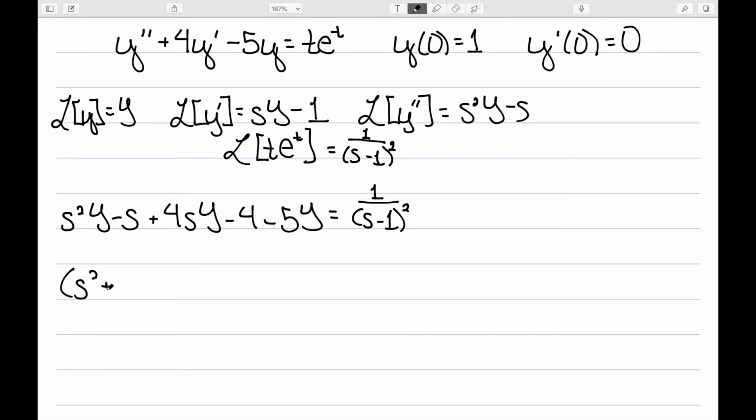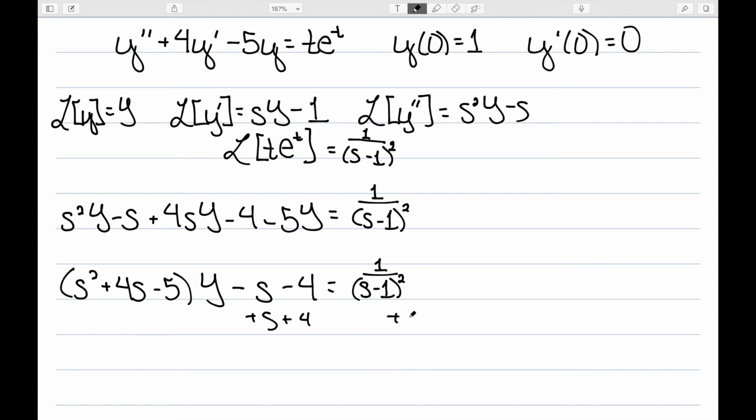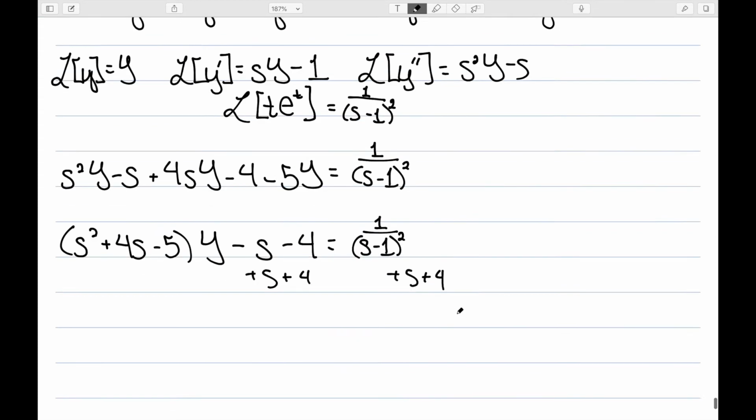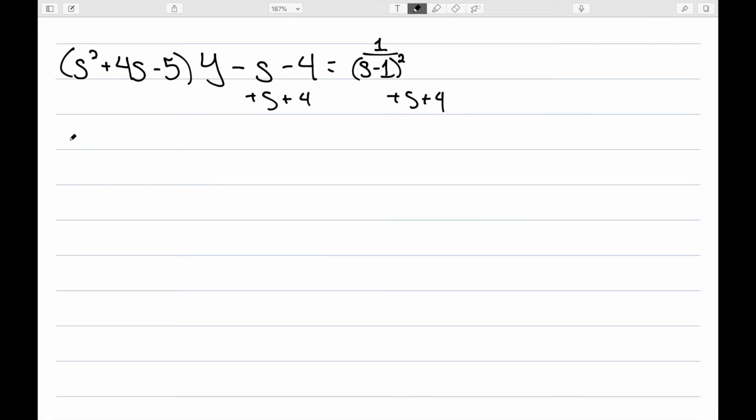Rewriting gives me s squared plus 4s minus 5 times capital Y minus s minus 4 is equal to 1 over s minus 1 squared. I can add s and 4 to both sides. That gives me s squared plus 4s minus 5 times Y equal to 1 over s minus 1 squared